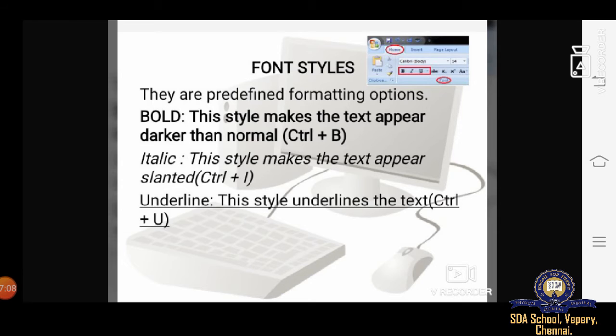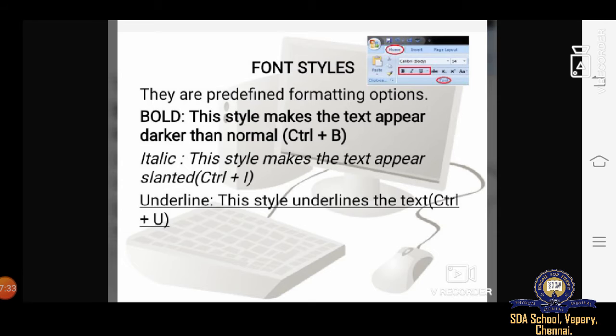If you give any kind of topic or title, for example school, you want the topic to look brighter than the other text you are typing, so you can use bold. This style makes the text appear darker than normal text. For that you need to press Ctrl plus B.